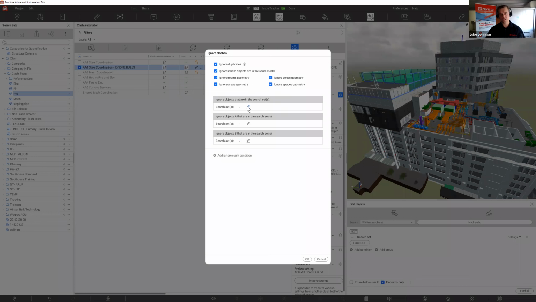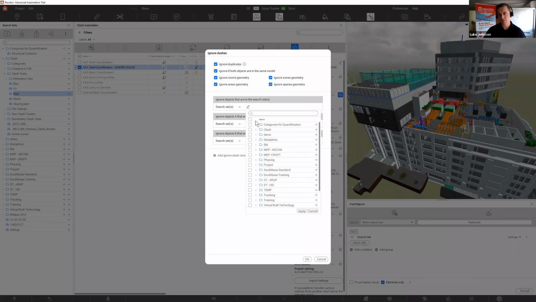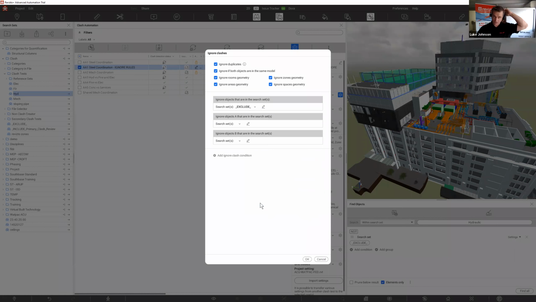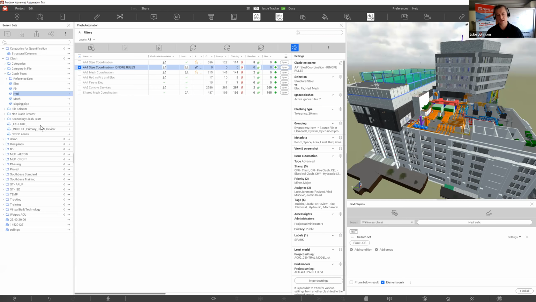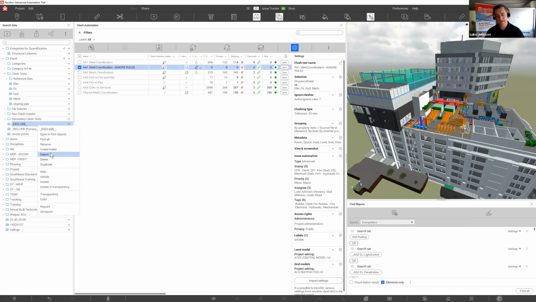So to adapt the system that we had earlier, we could just have maybe a project-wide exclusion set like this one. It's now going to ignore any clash if the object appears in that search set. So that's fine, that works quite well. But what if we want to be more focused about our exclusion rules, okay? In that case, let's say we've got an